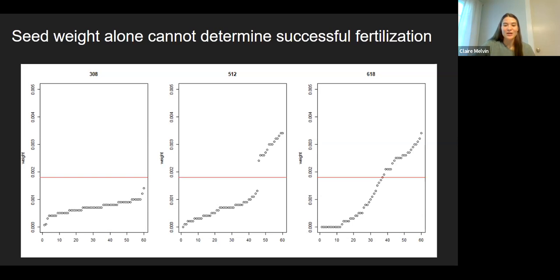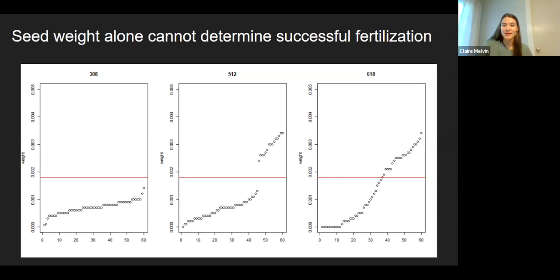And it can be presumed that the seeds weighing less were unfertilized, and the seeds weighing more were successfully fertilized. But the graph on the right shows a continuous distribution. So without this clear differentiation between unfertilized and fertilized, looking at the weight, we cannot determine the percentage of successfully pollinated seeds in each head, because there isn't this clear delineation between unfertilized and fertilized seeds.